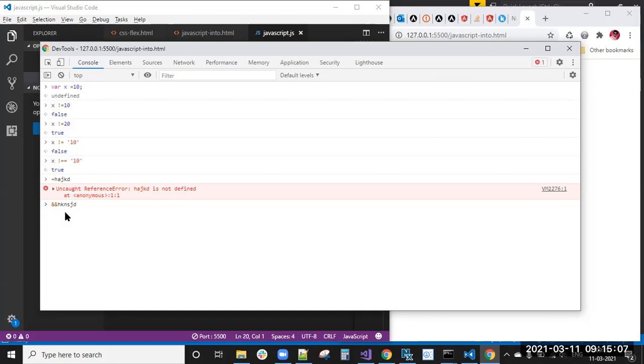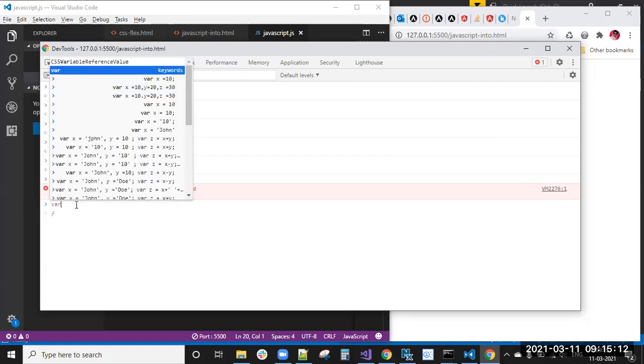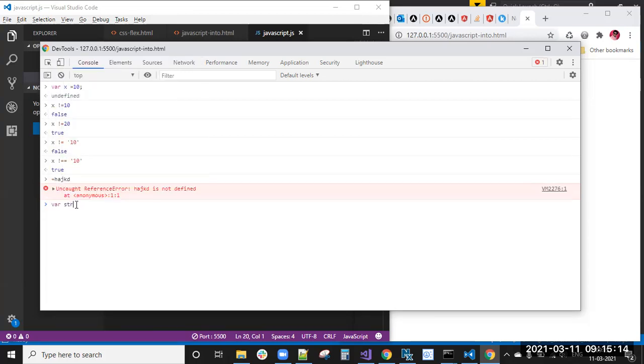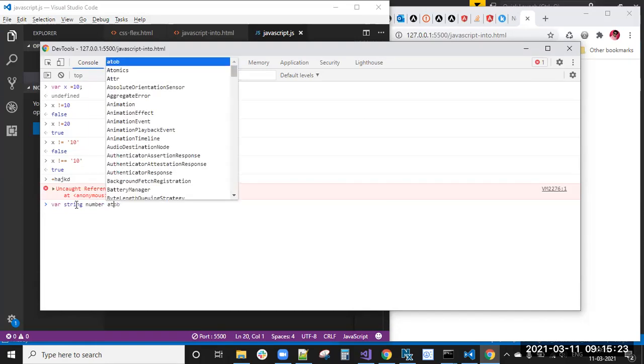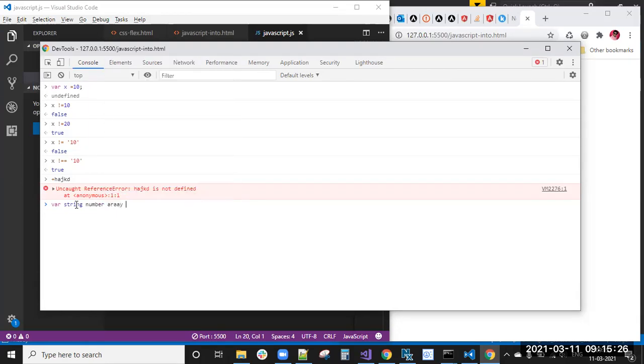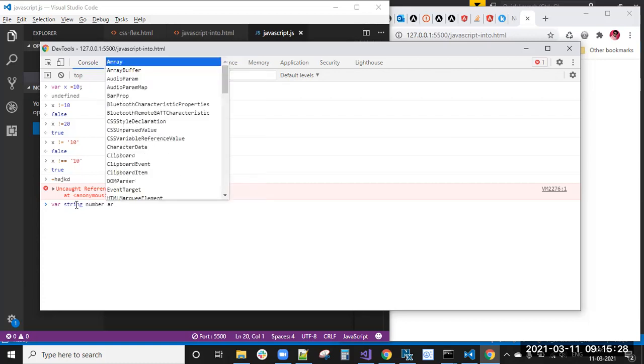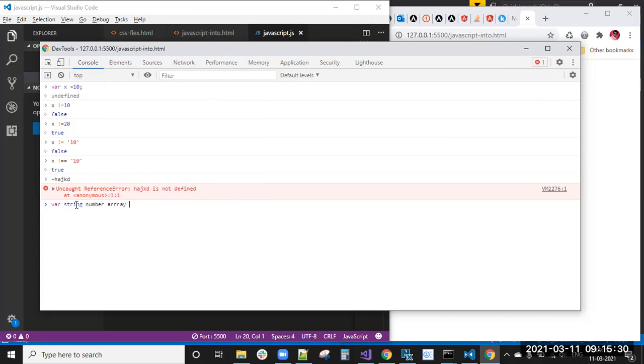And we also have predefined keywords in JavaScript. What are those keywords? var is a keyword, and string is a keyword. Number and array also: don't declare with these names. And function is a predefined keyword actually, so don't declare a variable with function.